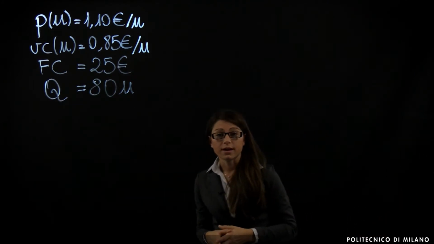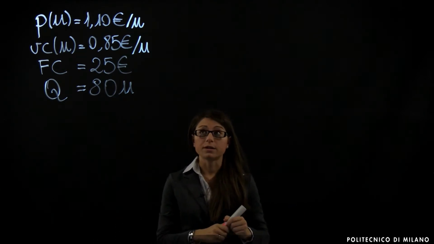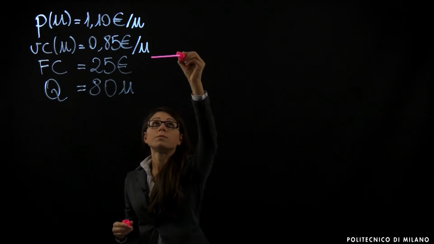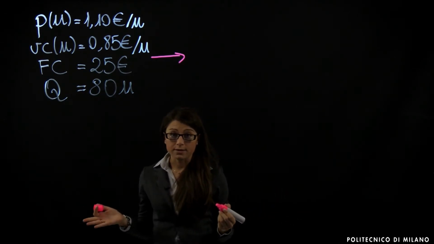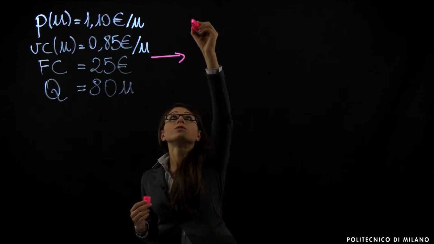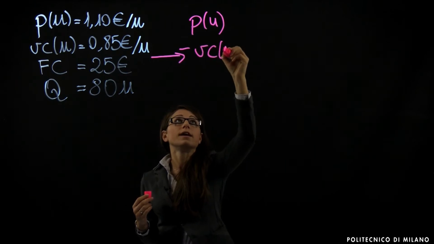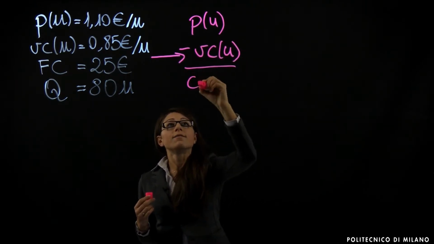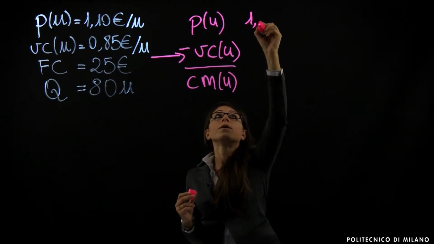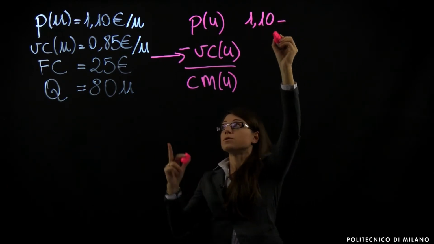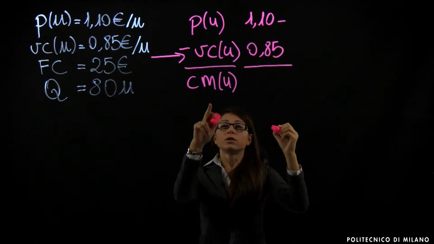The requirement of the exercise asks us to calculate if the product is profitable. If we want to understand if our beer is profitable, we need to calculate the contribution margin. The contribution margin is calculated as the difference between the price and the variable cost. So if we consider the unitary price minus the variable cost, again the unitary value, we have our unitary contribution margin. If we look at the data, we have 1.10 euros minus 0.85. That gives rise to a contribution margin of